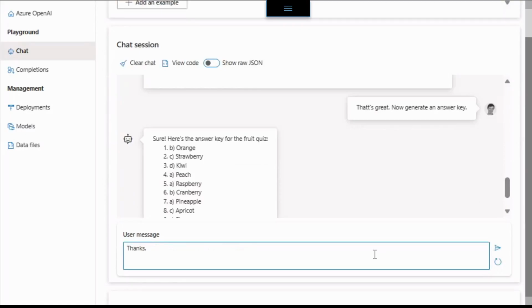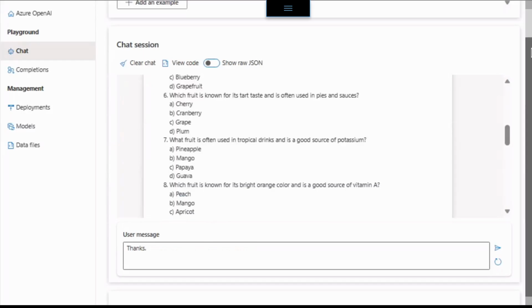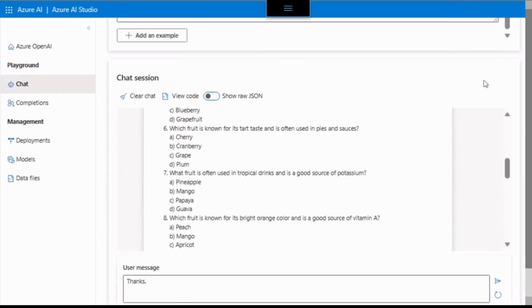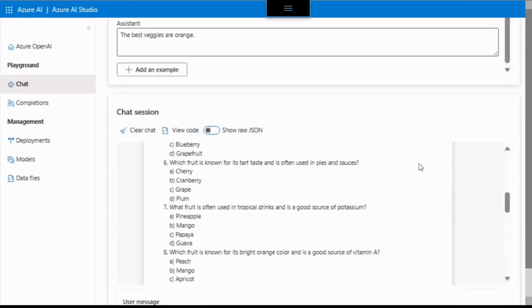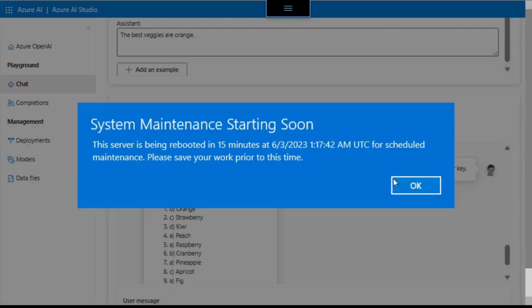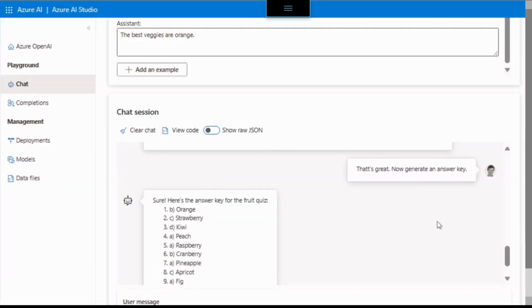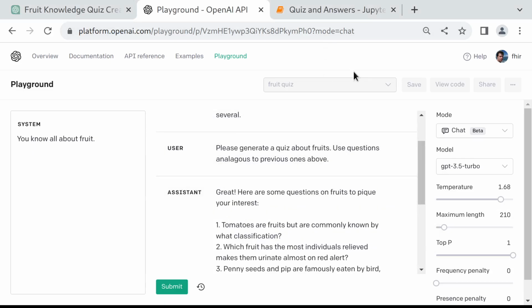Maybe the user wants to take the quiz and have it graded. So I might copy this answer key from the chat. And maybe then I would start a new chat where the user could submit answers to this quiz. And we could give this a shot. I could clear my chat history, I could paste in the quiz, and I could type in some user answers and then get the model to grade that. But it's a lot of back and forth manual work. And if what I want to do is be able to generate lots of quizzes or make these quizzes available for different kinds of folks to fill out, it might be helpful to be able to automate some of this